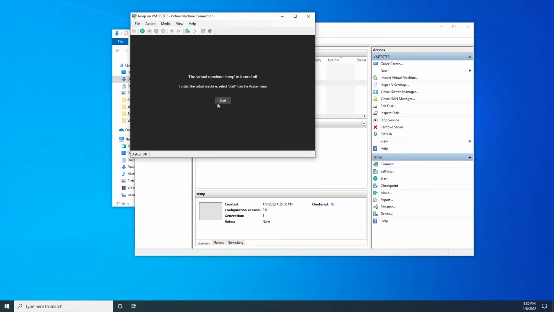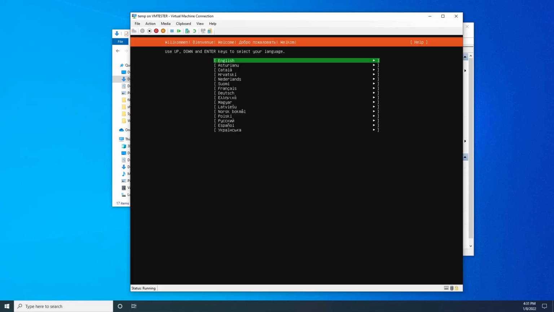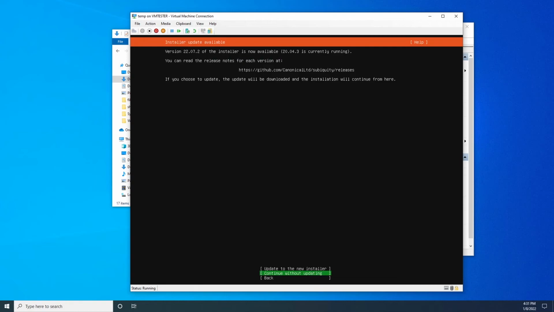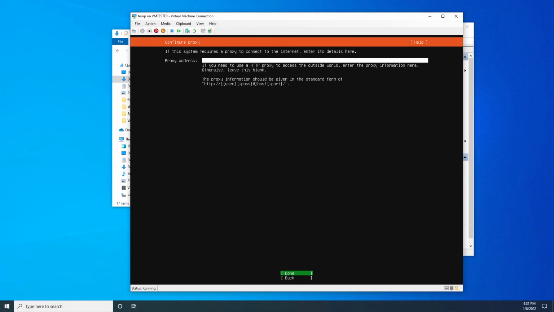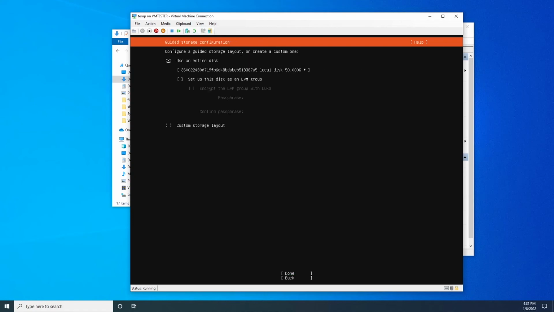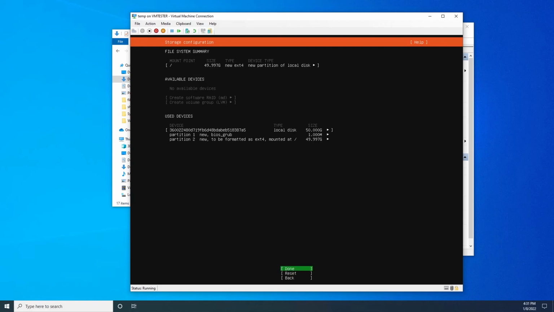Let's open it up. Let's show you this, since I am a good citizen. Okay, let's do it again. English, Espanol, and then go with, let's see, continue without updating. Right, I put in my network card so it can identify it. Next. So here it is on DHCP. Next. Next. Then you just put done, and then here it will ask you, do you want to use the entire hard disk for Ubuntu server? So just put done, since I'm going to use this as the whole entire Hyper-V. Done,